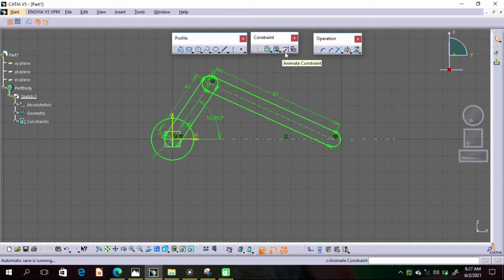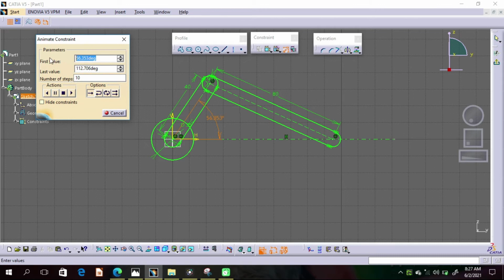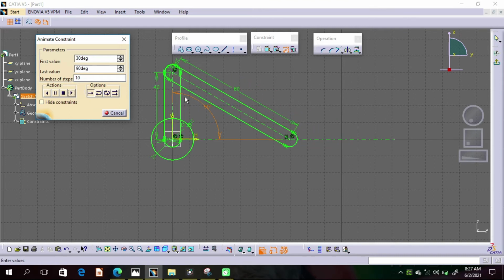Go to animate constraint and select the angular object. Like I'm going to give first value 30 degrees and last value 90 degrees and play the animation. So this object starts from 30 degrees and goes to 90 degrees.